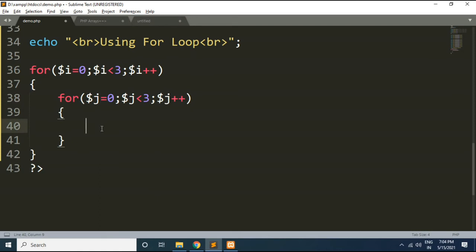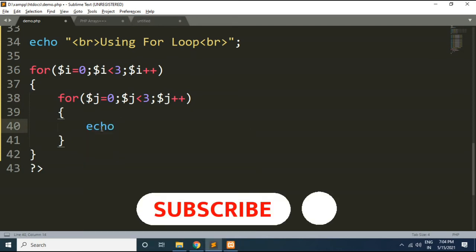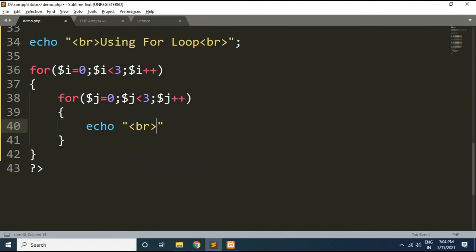Okay, so here I will just use an echo statement. So I will write echo br, our array name, that is student, and I will write here i, j, like this.